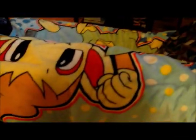And then first thing you see is the TV. This is one of two that I have. And my Super Nintendo is hooked up to this one. And then I have a couch and my Pokemon blanket. And you see on the side here,